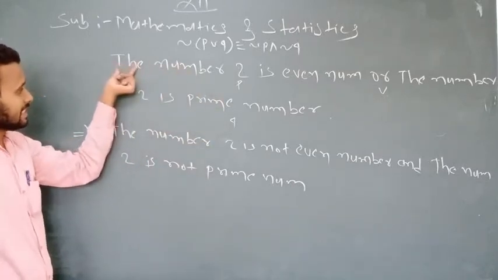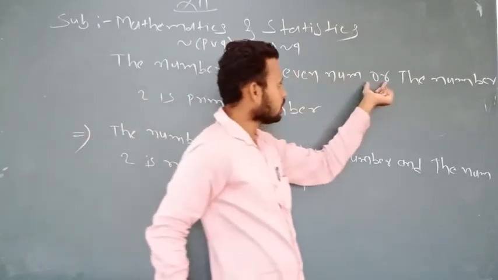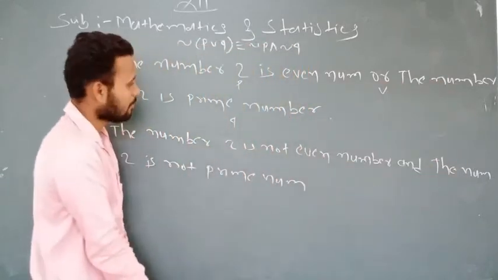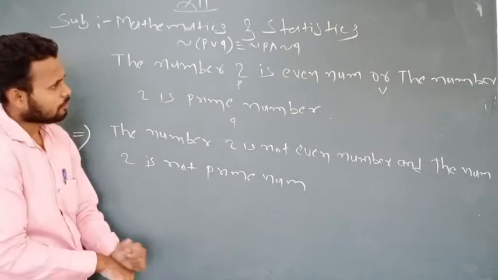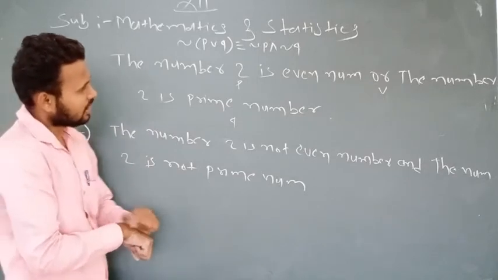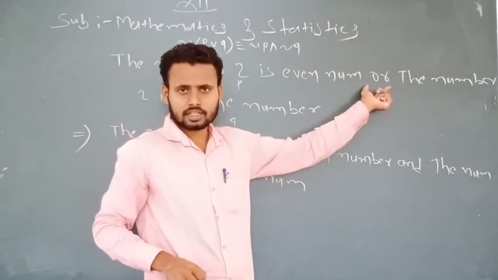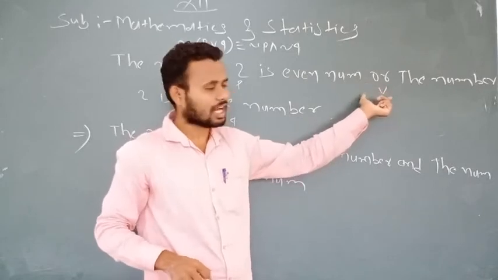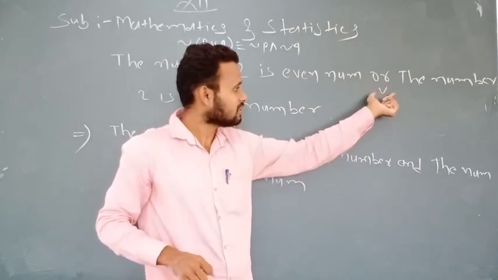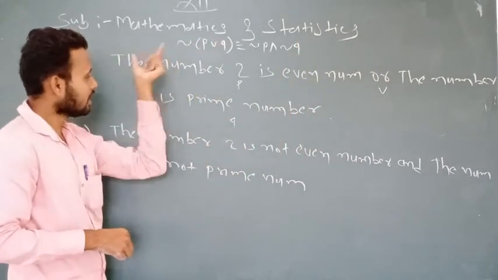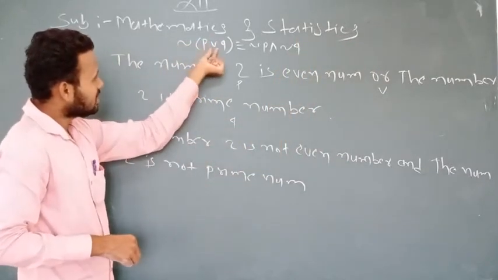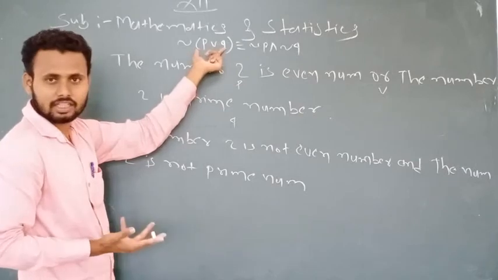The statement is: the number 2 is an even number or the number 2 is a prime number. We have to find the negation of that compound statement. But first we observe that in that compound statement there is the logical operator or. Or means disjunction, and we know that the negation of a disjunction of two simple statements is